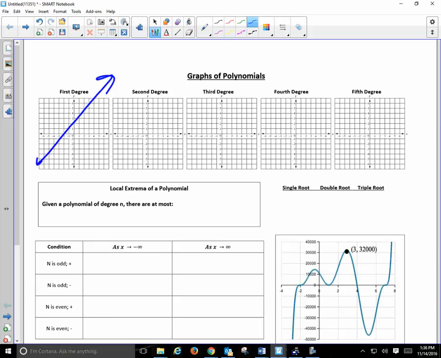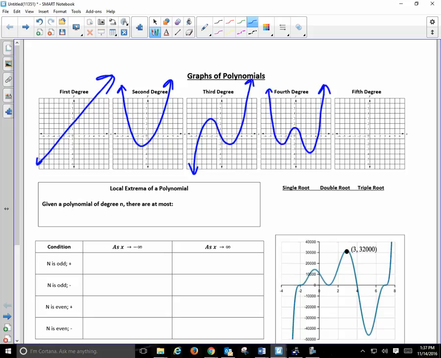Awesome. You're invited. Okay. First degree polynomial, a line. Second degree, parabola. Third degree looks like that. Fourth degree,